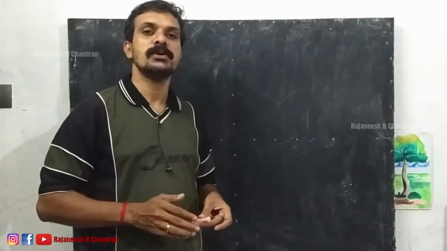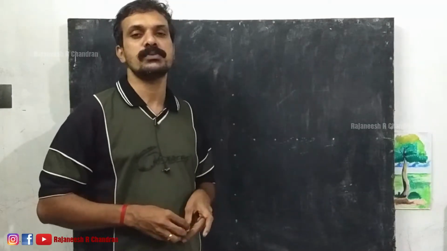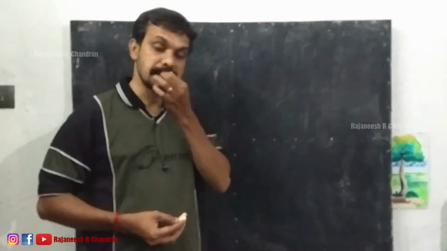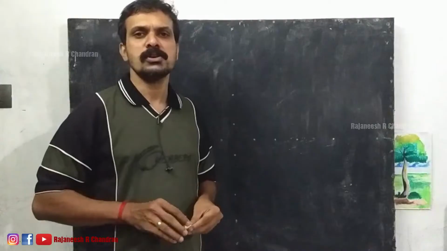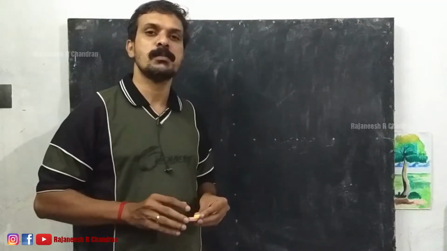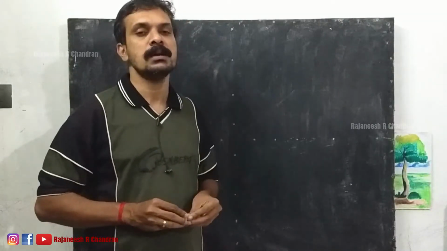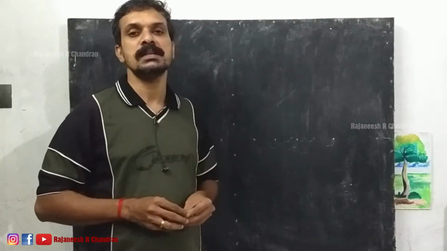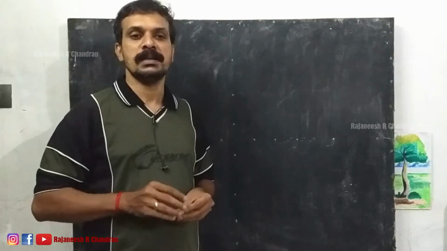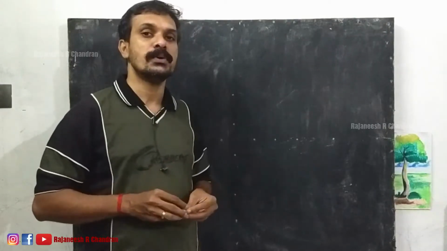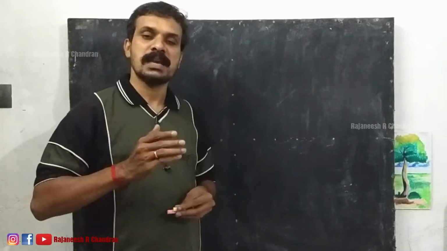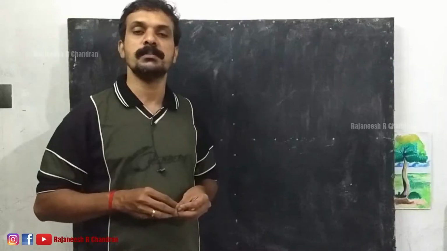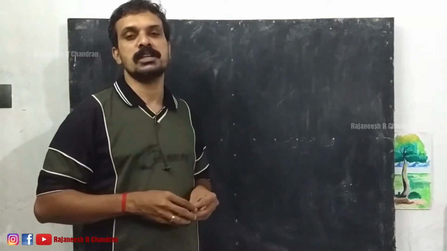In this video, we are going to study the construction of cam profile for a roller follower when it is moving with a simple harmonic motion. In the last video, we discussed the construction of cam profile for a knife-edged follower when it is moving with a uniform velocity, and in this video we are going to discuss the construction of cam profile for a roller follower when it is moving with a simple harmonic motion. You can see the question on your screen right now.